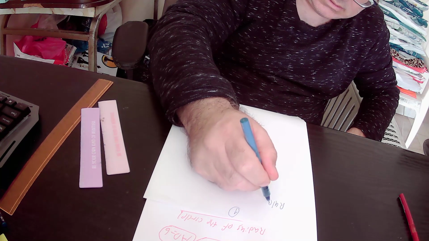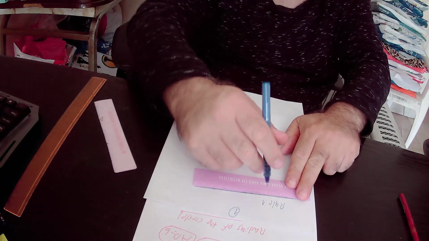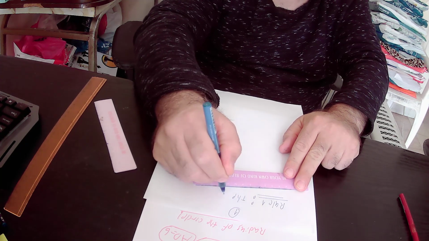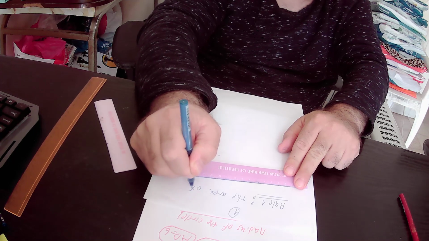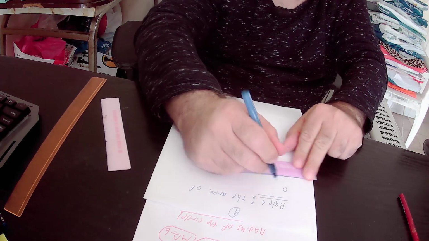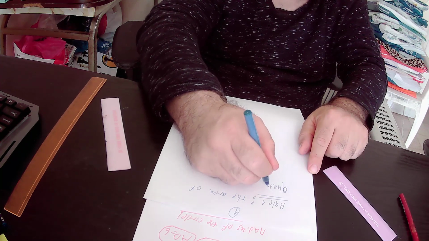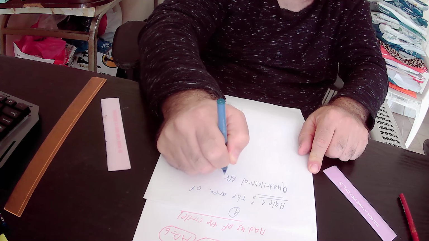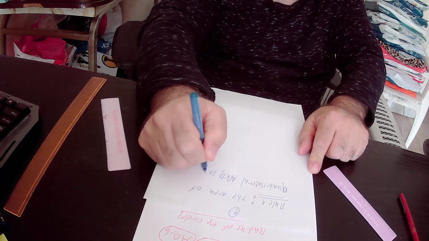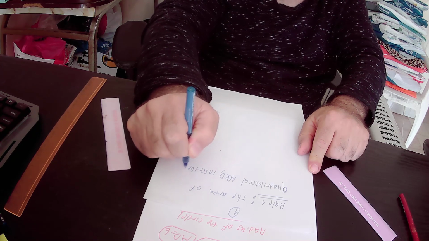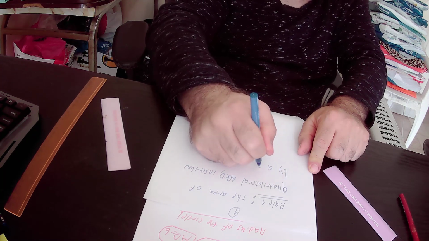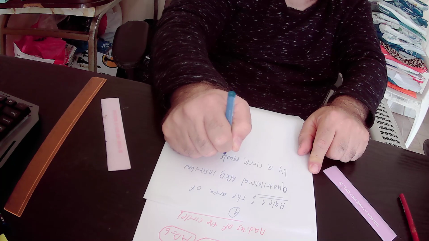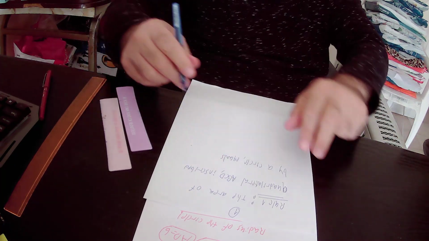According to rule number 1, the area of quadrilateral ABCD inscribed by a circle equals to